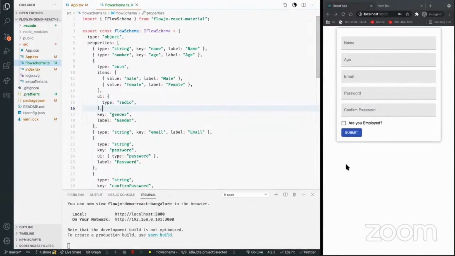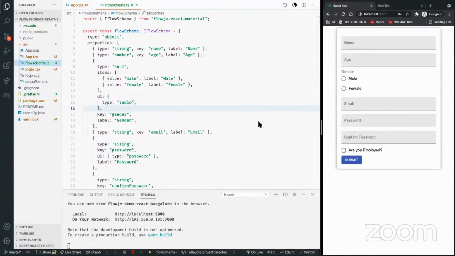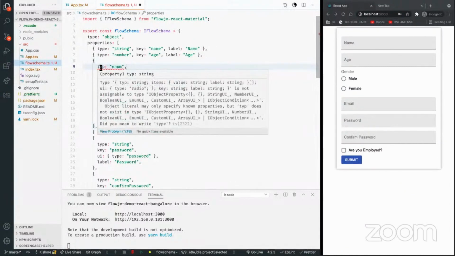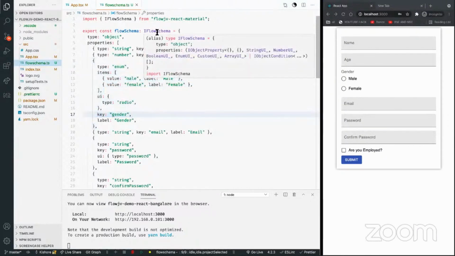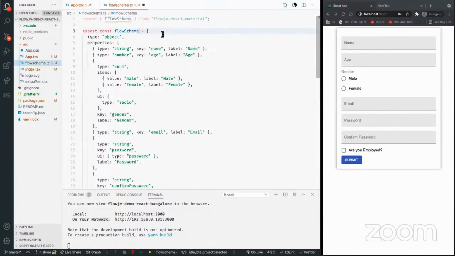Because this library is written in TypeScript, it's going to give you tons of information if you use TypeScript. And if not, then it's going to be a bit of a problem. Let's suppose this is of type enum. The moment I type it wrongly, because this is written in TypeScript, it's going to give you better type checking and so on. Even without TypeScript, you can always do it in JavaScript like this. The syntax is for TypeScript, so don't get confused by this.